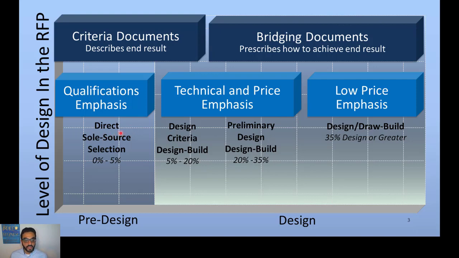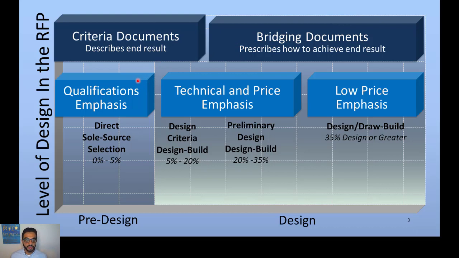And this is the approach of the design-build, the different variations of design-build. So there is the direct sole source selection. You're going to a design builder because you see that they have the qualifications, because you don't have a lot of documents to share. So you depend on qualification to select the